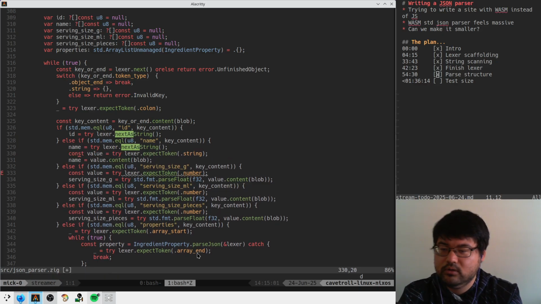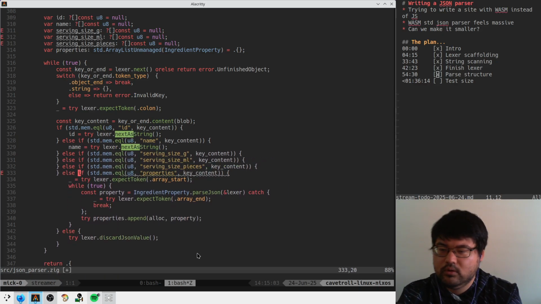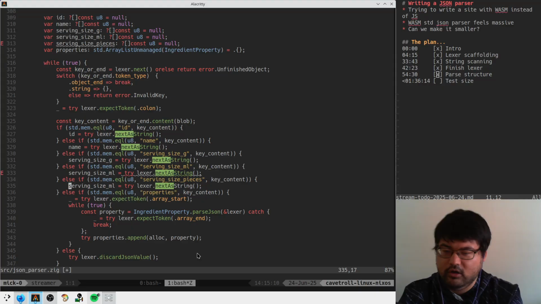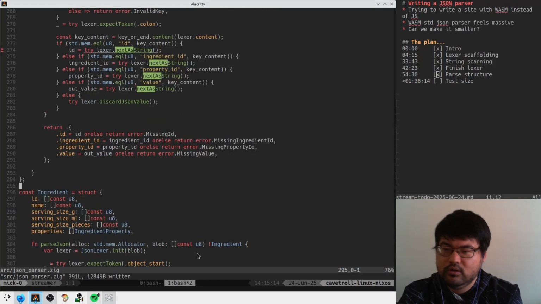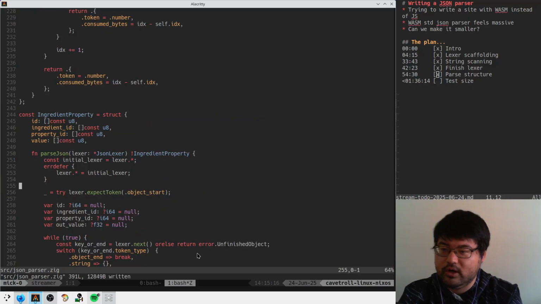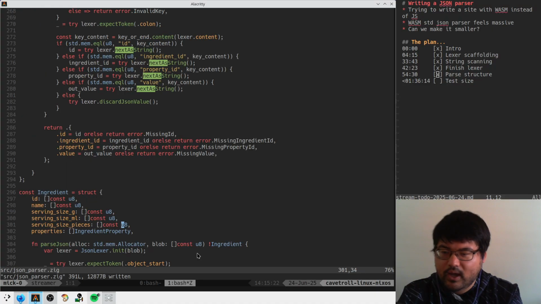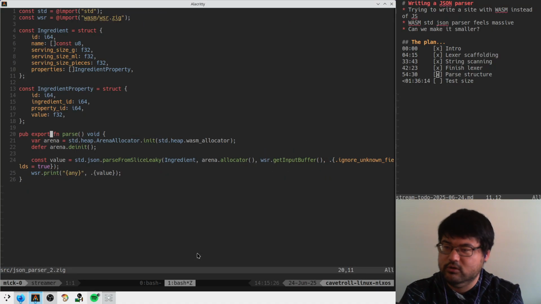Name. Serving size G. ML. Pieces. Okay, and then a couple more here. So these all also need that same treatment. Okay, so that compiles, and then can we go to JSON parser 2 and give it the same treatment